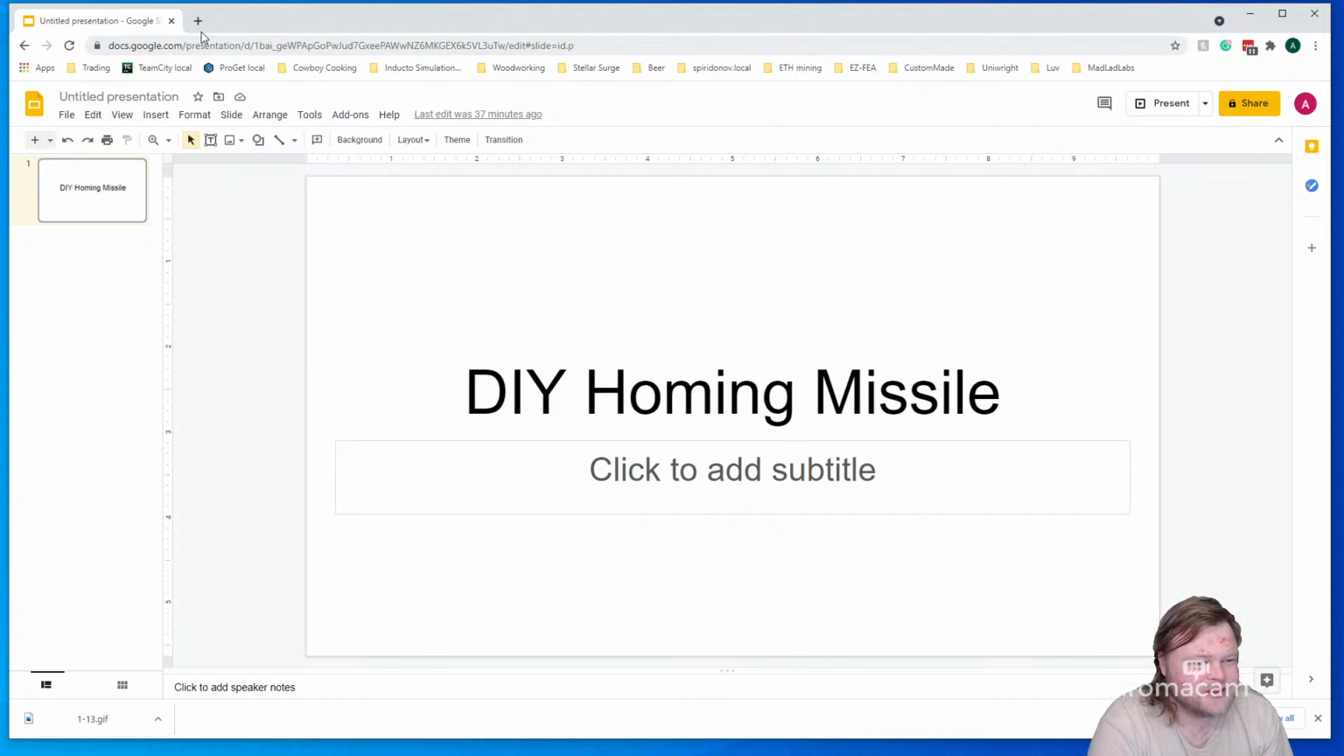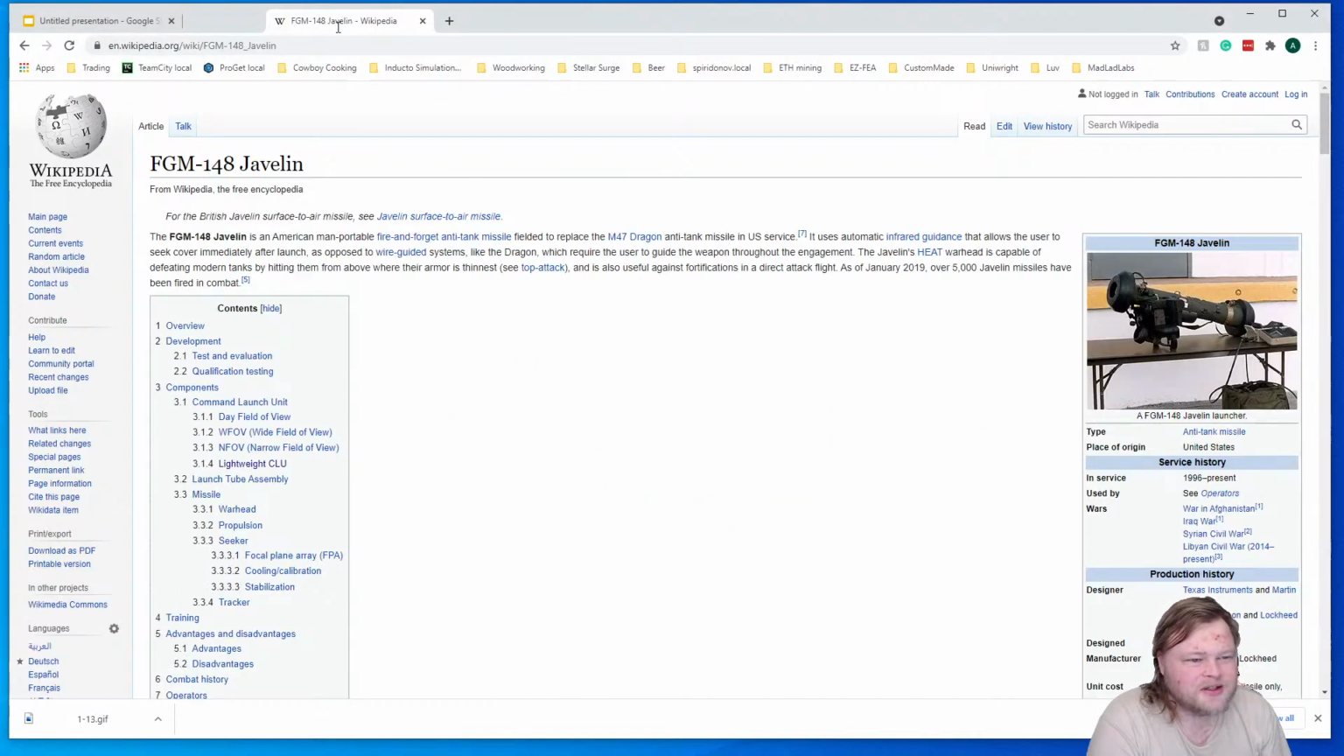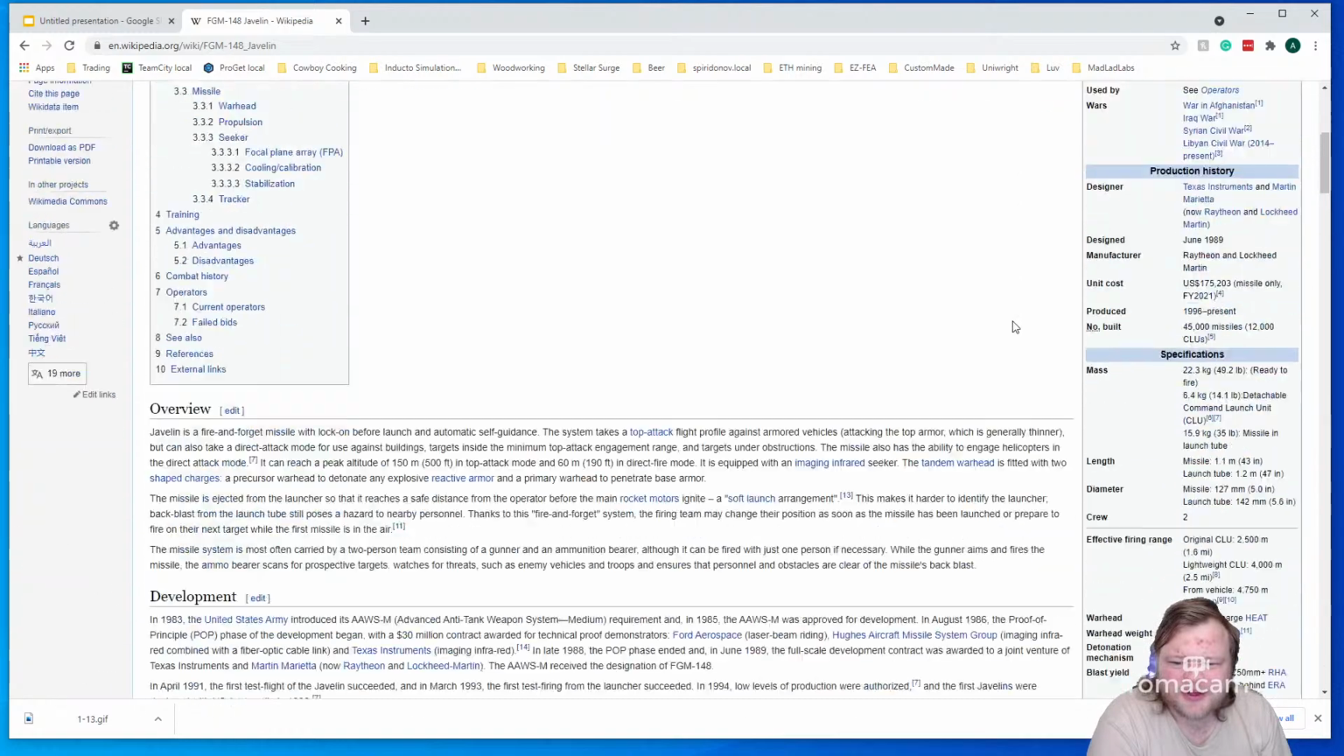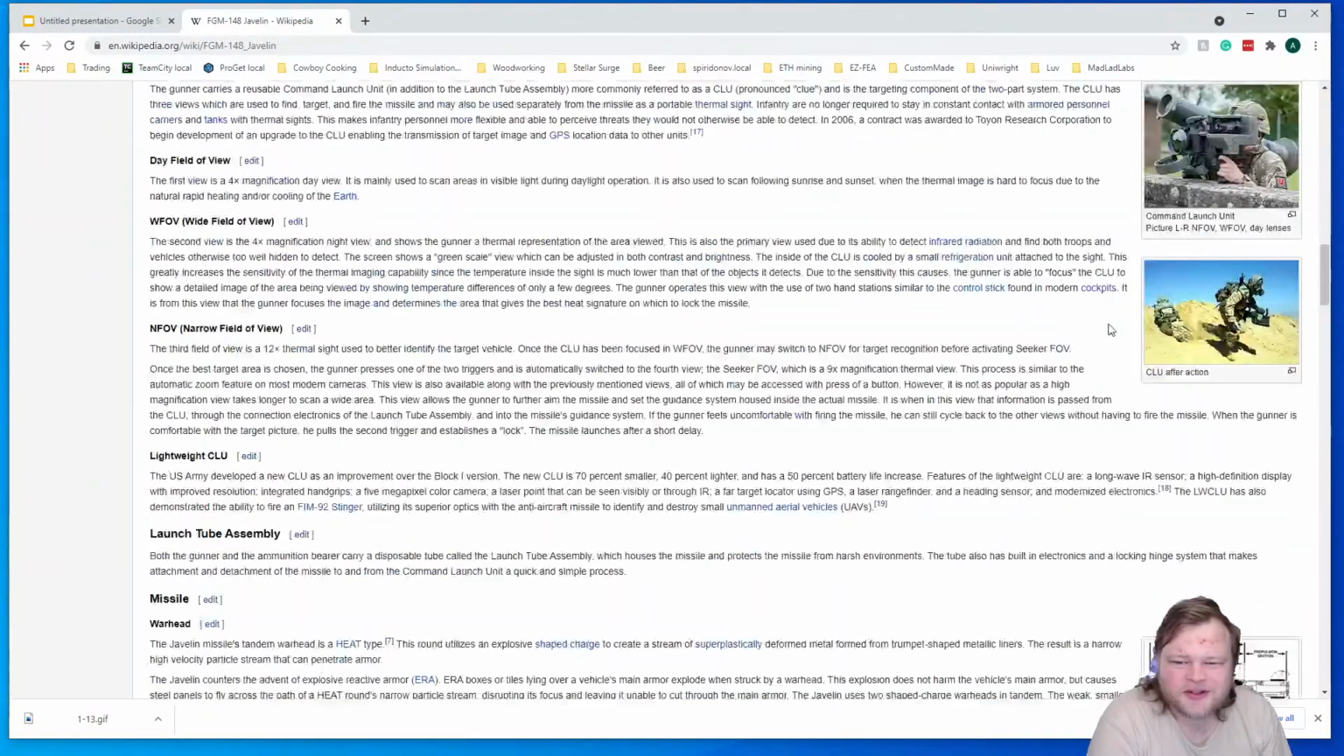As a starting point, I was looking around, specifically looking at military examples of homing missiles. And one thing that really got my attention is the Javelin missile, right? So, as a robotics project, you have two components on a Javelin